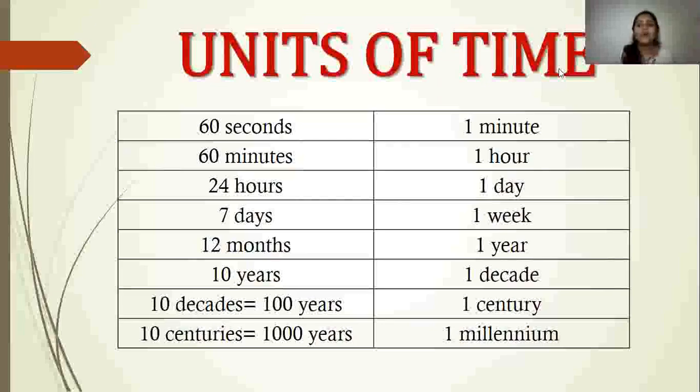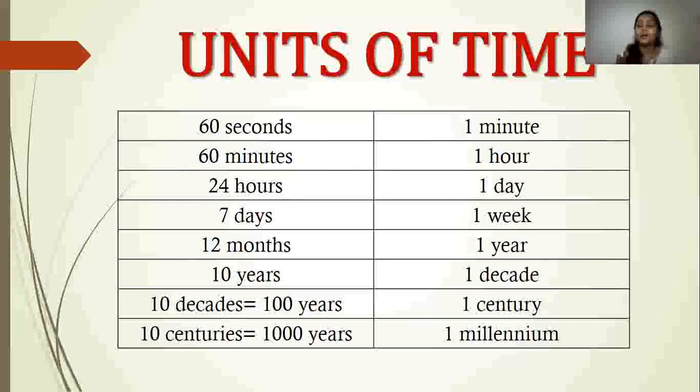So, as we have already talked about what time is and what is the basic unit of time, we know what the units used for measuring time are. It's seconds, minutes, and hours. Correct. So now here you can see in the tabular data, what does 60 seconds mean? 60 seconds is equal to what? 1 minute. 60 minutes is equal to what? It is 1 hour. 24 hours is equal to 1 day.